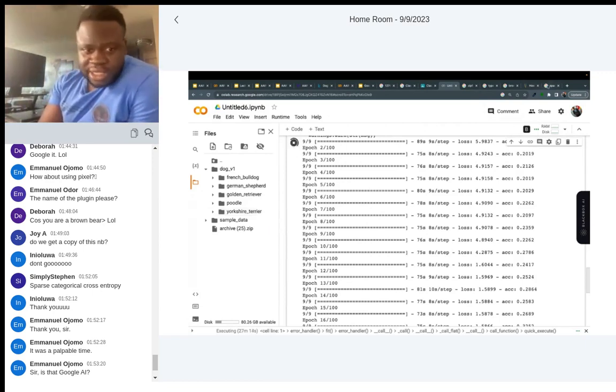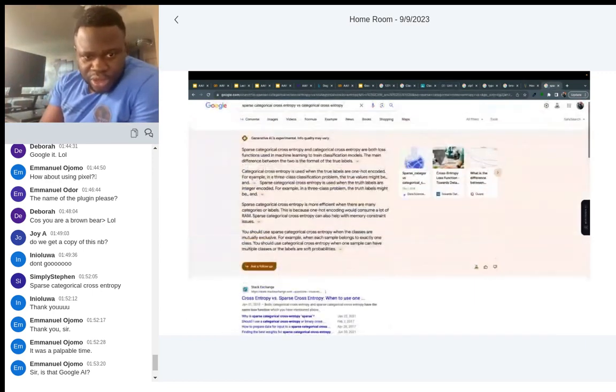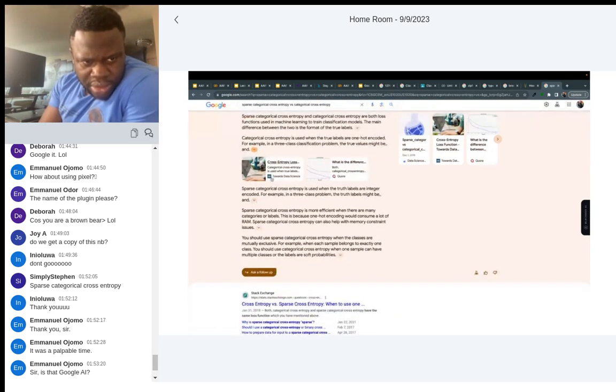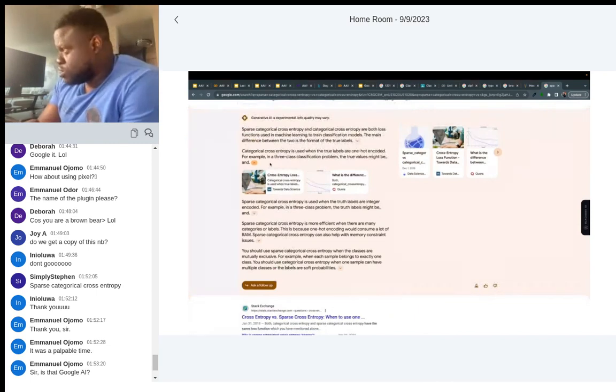Okay, makes sense. In categorical, the true labels are one-hot encoded, but in sparse categorical, the true labels are integer encoded. Wait, sorry, does the categorical carry out the one-hot encoding automatically?